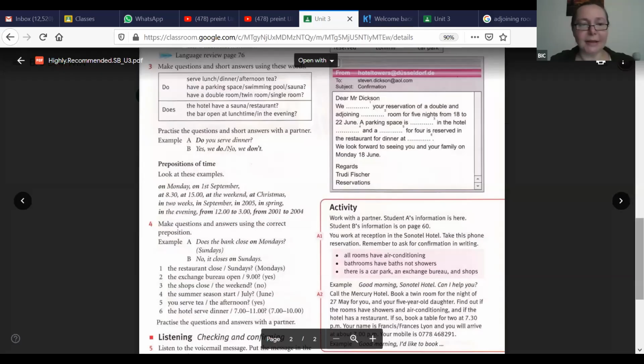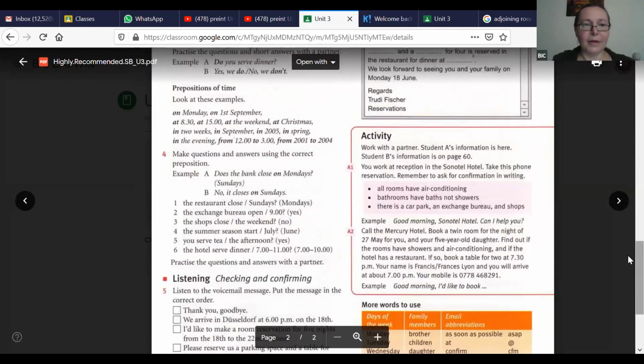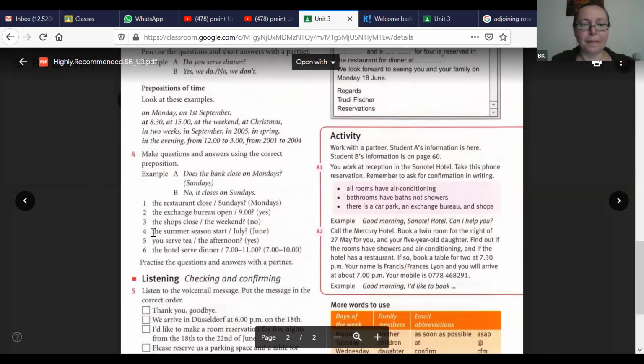So we are doing exercise 4. So that's this exercise here. And try to focus on the tenses and prepositions. So Alex, if you could take a screenshot, because I need to stop sharing so I can prepare answers for everyone.